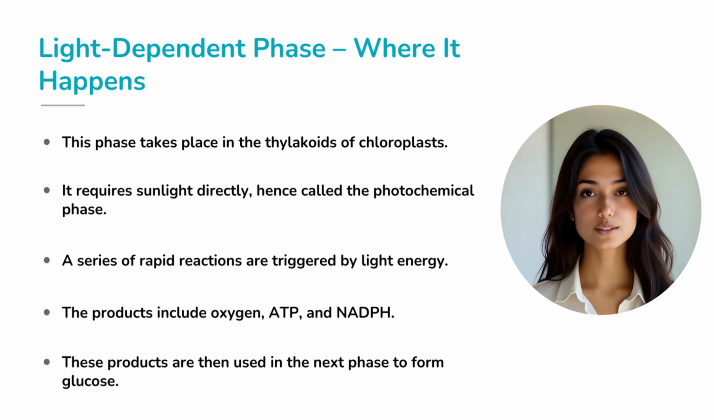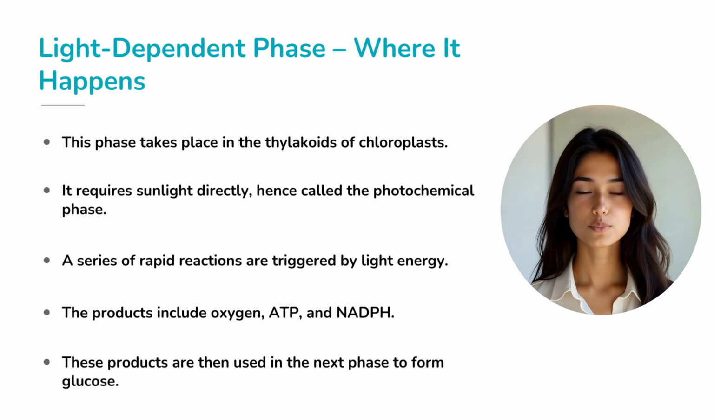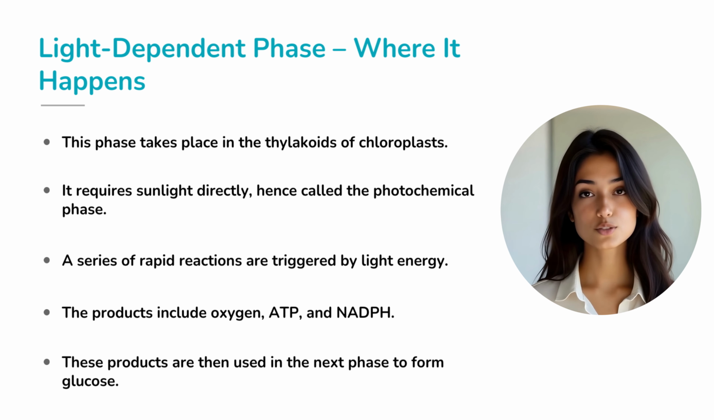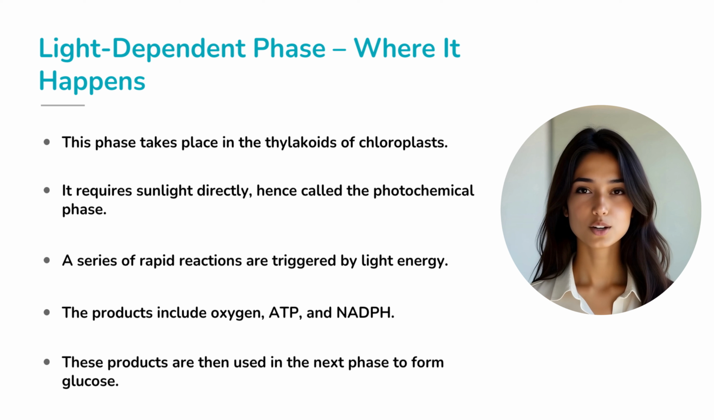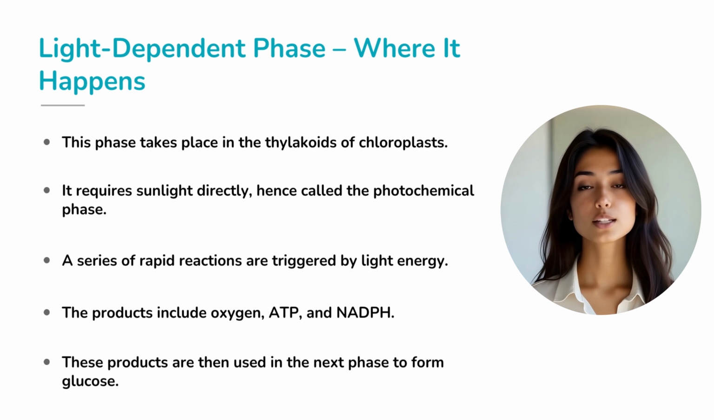As the name suggests, this phase can only occur when light is present. It takes place in the thylakoid membranes of chloroplasts, where chlorophyll pigments are embedded. In this stage, light is the trigger. The moment photons, the smallest packets of light energy, strike chlorophyll, a rapid series of reactions begins. The products are threefold: oxygen, ATP, adenosine triphosphate, which is the energy currency of the cell, and NADPH, a powerful electron carrier. Think of this phase as the plant charging its batteries with sunlight, getting ready for the next step,